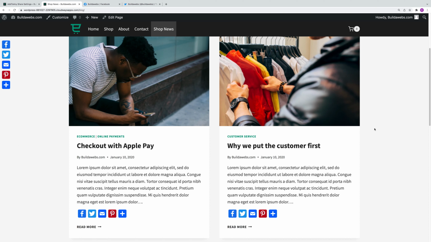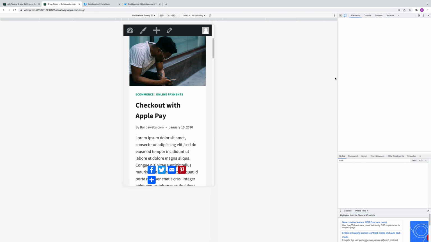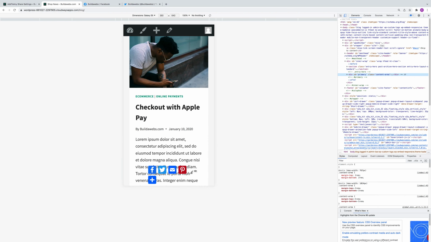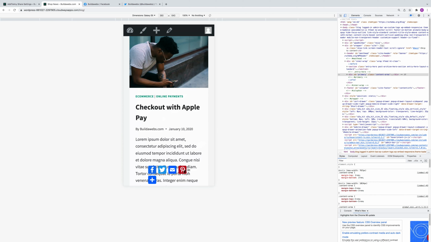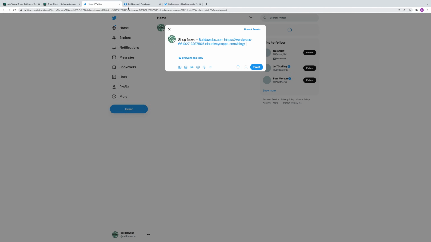If, for example, you want to see it on mobile, right click and go on Inspect. This is the same on Mac and same on Windows. And then you'll see how the buttons look like on here. So again, you just click plus, choose which option you want, or you could, for example, share on Twitter. Then you can share